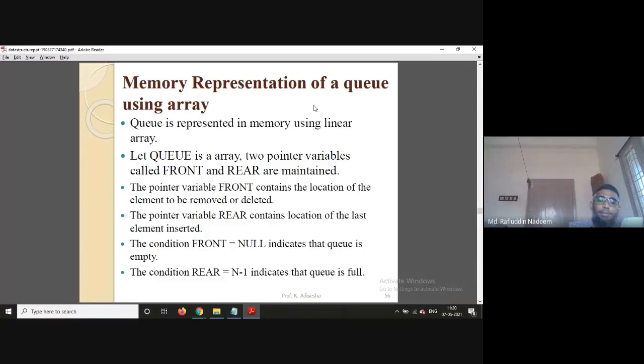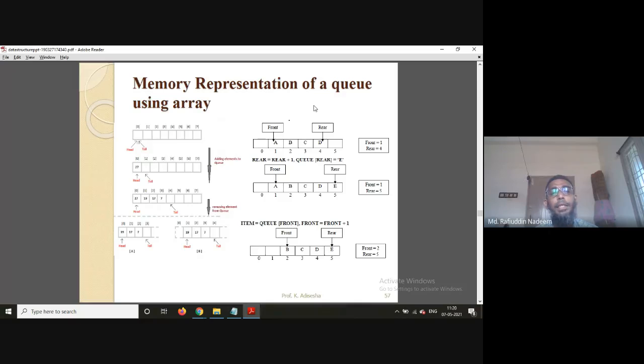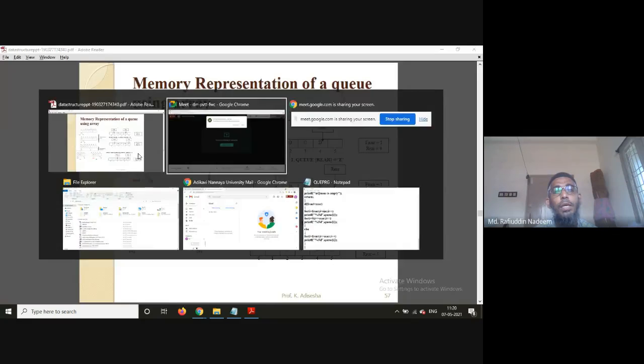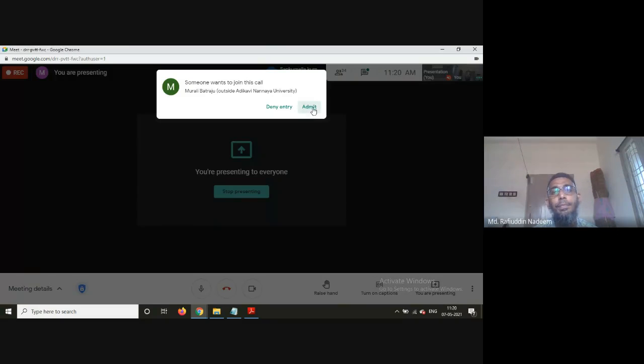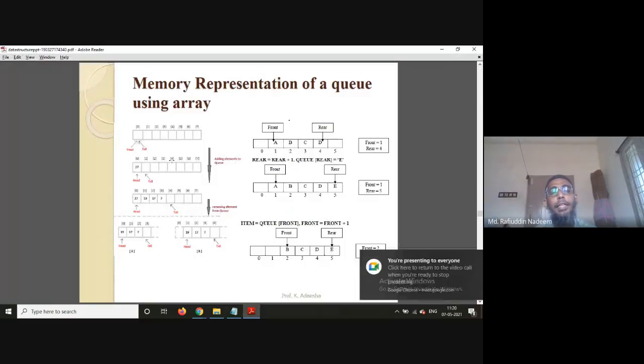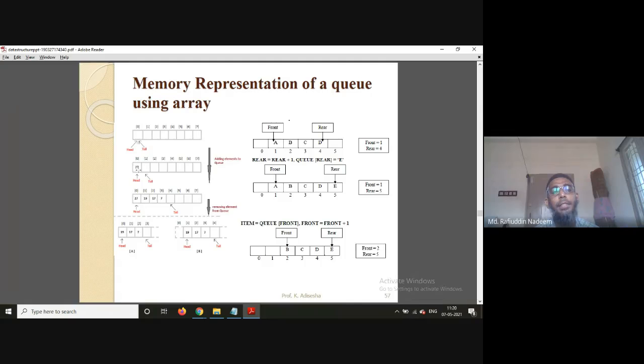Okay, so next, see here in the representation also, it is shown. Both head and tail are pointing to the same thing here. When an element is inserted, so 27 is inserted, both are pointing to the same.